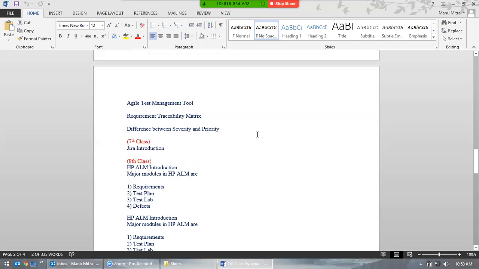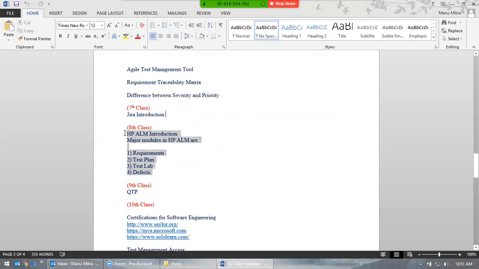And then we'll talk about one more tool, that is Jira. It's also a test management tool, so we'll look into it. I will not be giving homework on this, so just get access to this tool. Once you get access, you can start working on it and see if you can do it well.